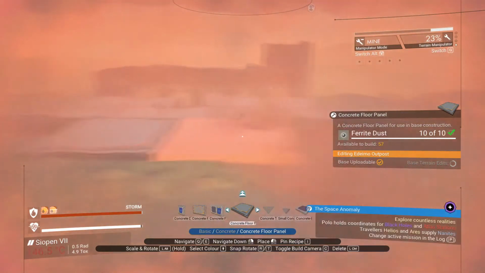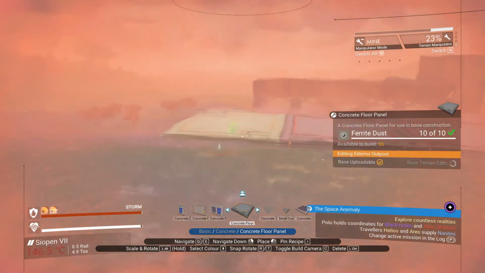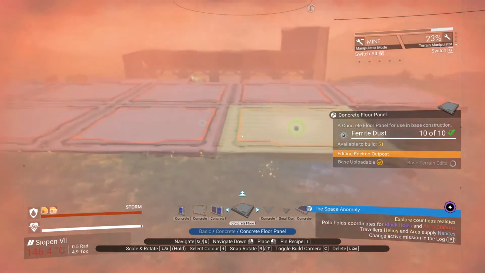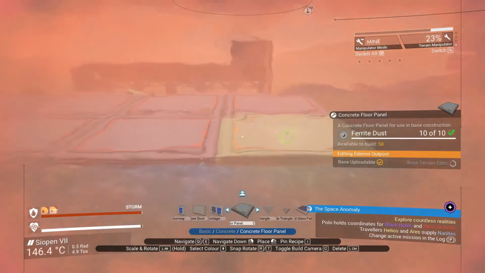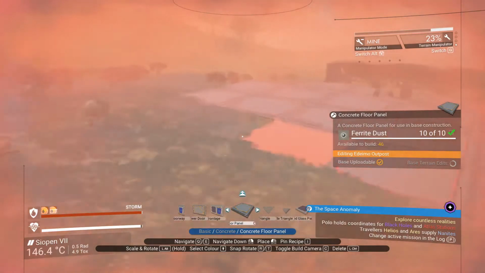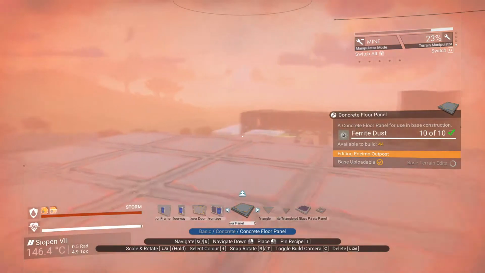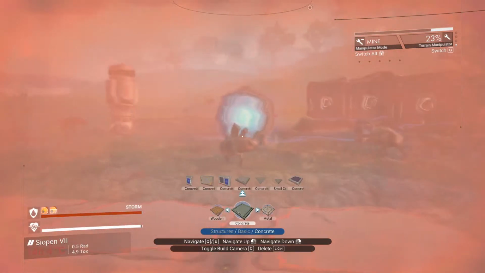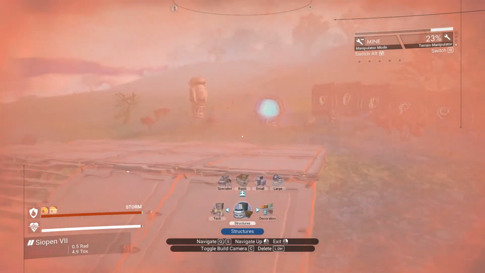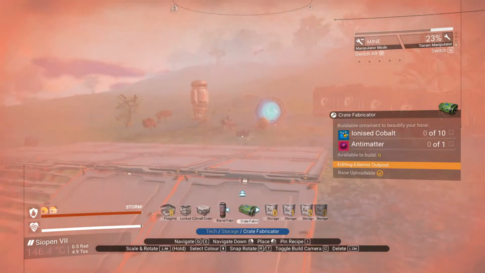1, 2, 3, 4, 2, 3. We'll go back in 3, like that. Getting a little bit close to the what we call it, the teleporter. I'm just going to come back to here, go to tech, got one, go to storage, go across to here,